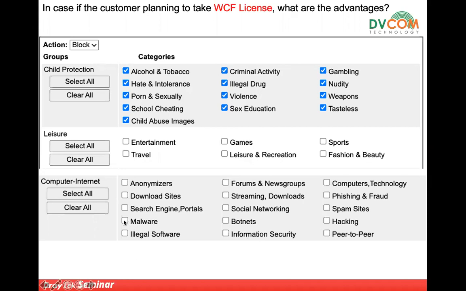For example, there are some sites which belong to malware, some illegal software, some botnets, and again spam sites, hacking sites, peer-to-peer sites, and phishing and fraud sites. The problem is that whenever employees are browsing and trying to open different websites, guys, we don't know which website is harmful and which is good, and we cannot keep monitoring each and every employee. So once you enable this feature, the advantage is that whenever they try to access these kinds of websites, your router immediately identifies the traffic and blocks that connection so that you can protect yourself. That's the beauty of web content filtering.